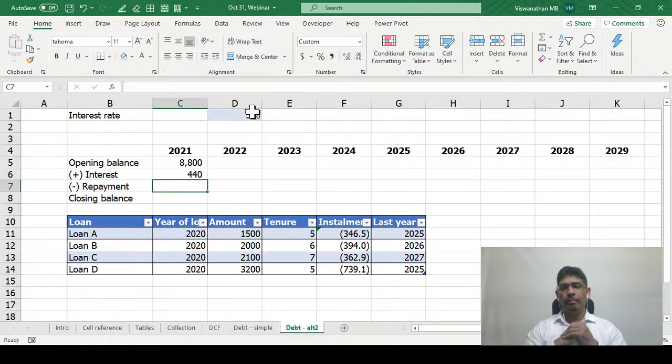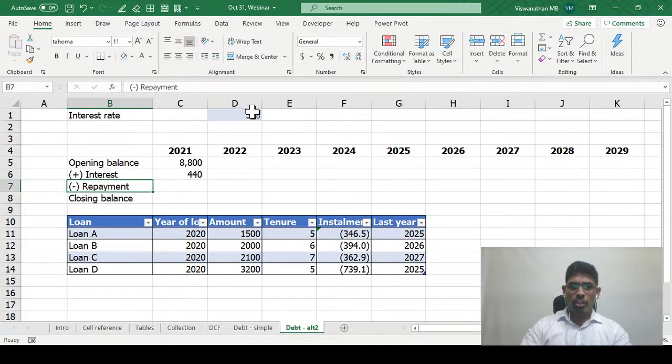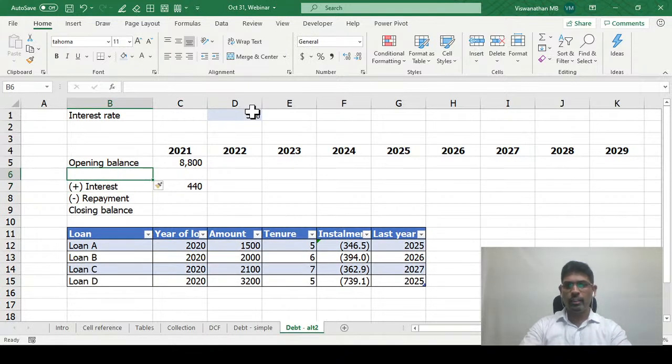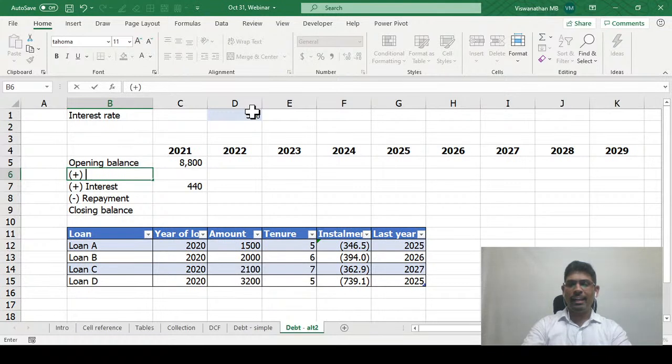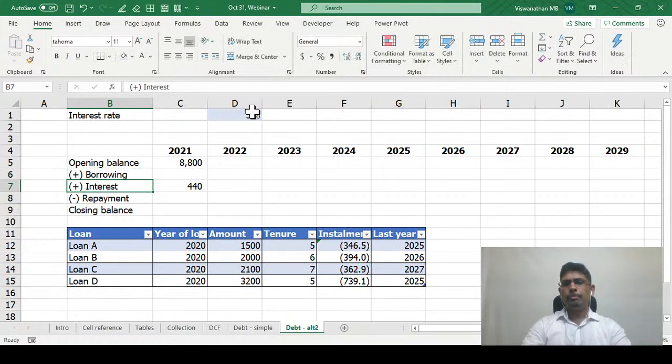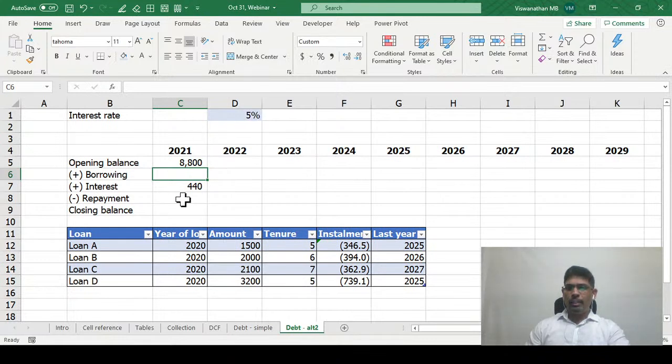How do I get the repayment? So what I'm going to do for the repayment, in fact, let me also add one more line because I'm going to borrow one more. So I'm going to have one single schedule here in which I'm going to factor in everything. So we'll deal with the borrowing a little later. I'm going to give a repayment here where I'm going to say, the amount I repay would be equal